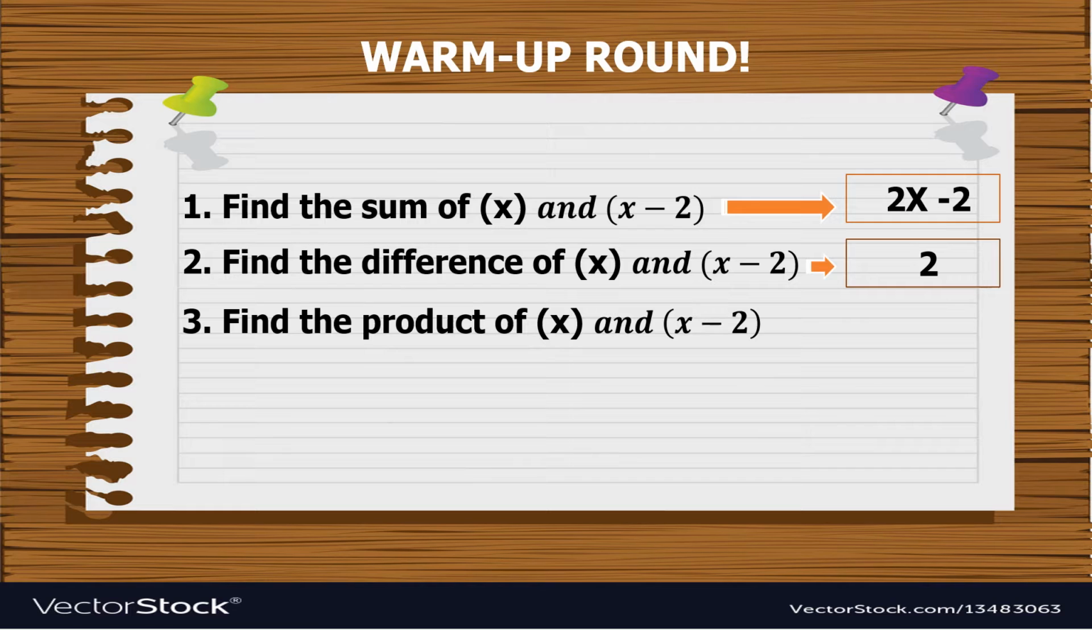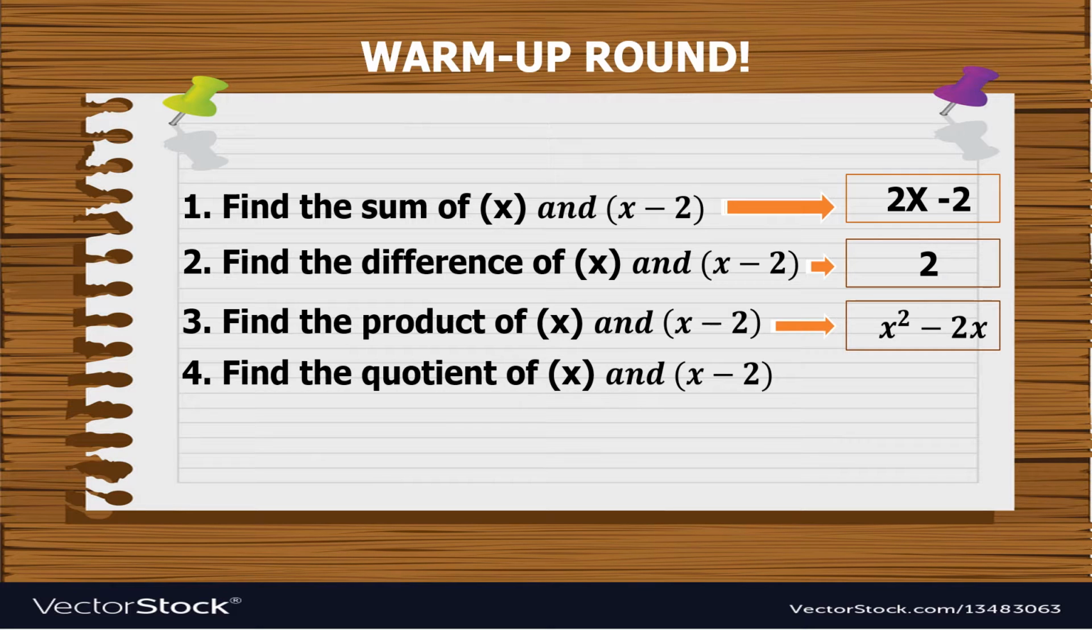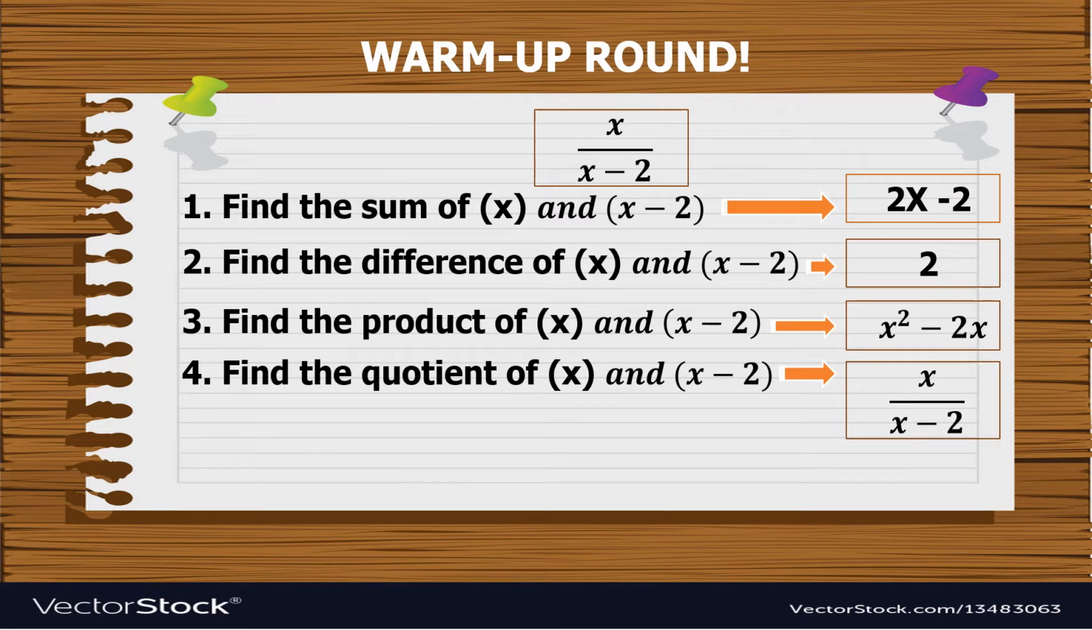Find the product of x and x minus 2. By distributive property, the product is x squared minus 2x. For the last, find the quotient of x and x minus 2. x over x minus 2 is